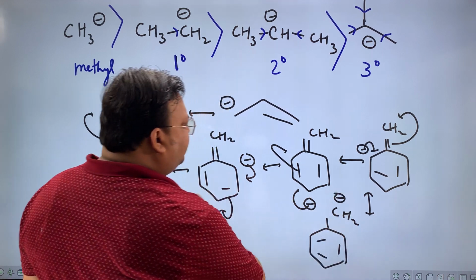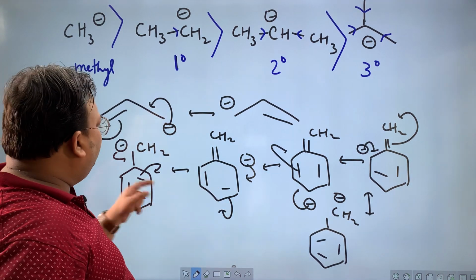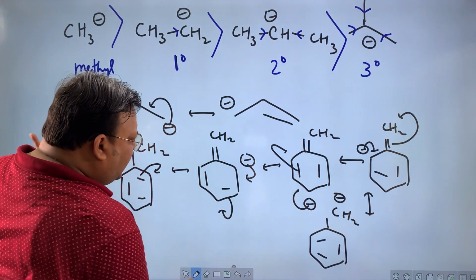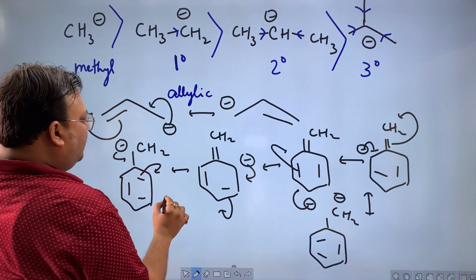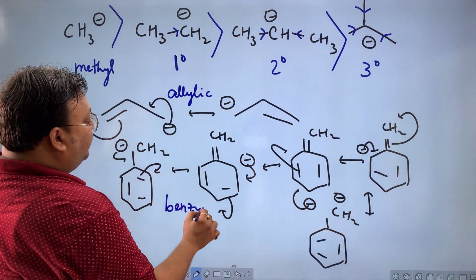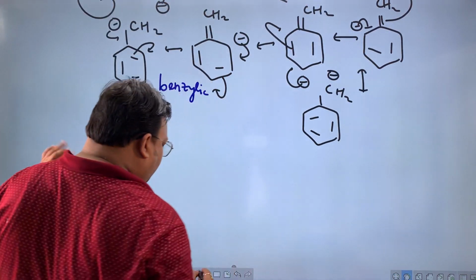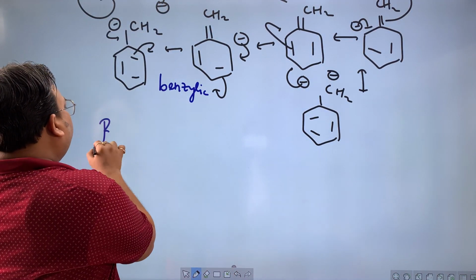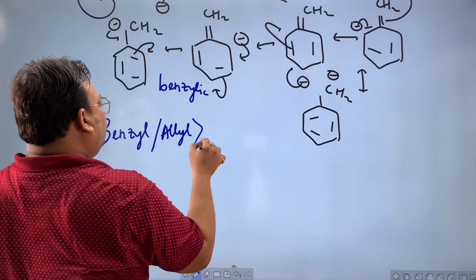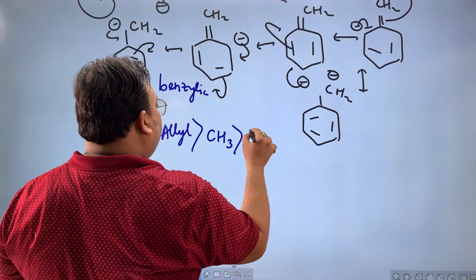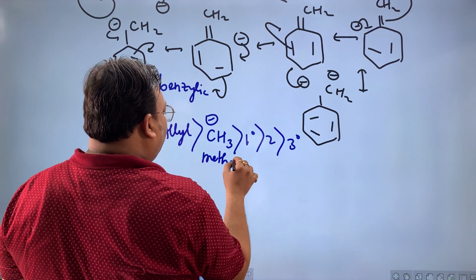हमेशा these many structures, every time these many structures, and the negative or positive you would see for benzylic carbocation, here carbanion would always move at ortho and para positions. So allylic and benzylic are still stable because of resonance, but the order is reversed for normal carbanion, and the overall order will be benzyl, allyl more than methyl, more than 1 degree, more than 2 degree, more than 3 degree,